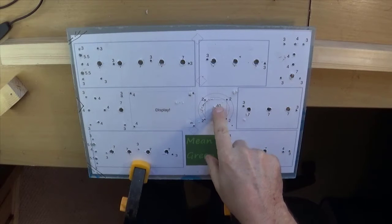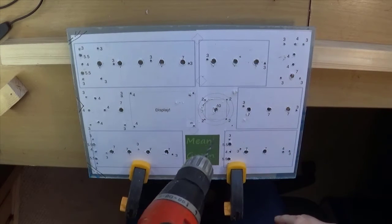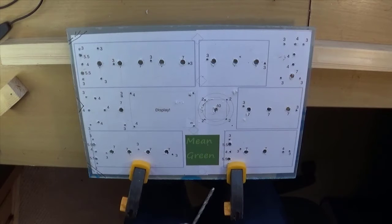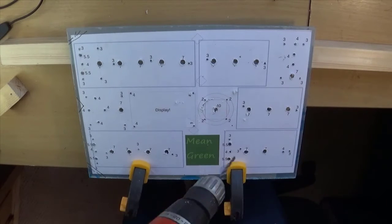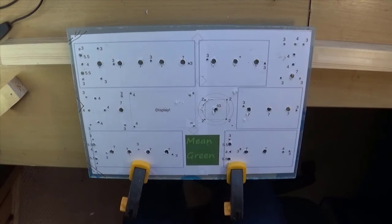I think I've just cracked it, taken a chunk out where the drill goes through. I put the drill on high speed as well instead of screwdriver, which was okay. I was going to drill through with an intermediate sized drill, but it's gone through. Just as it went through, it caught the...